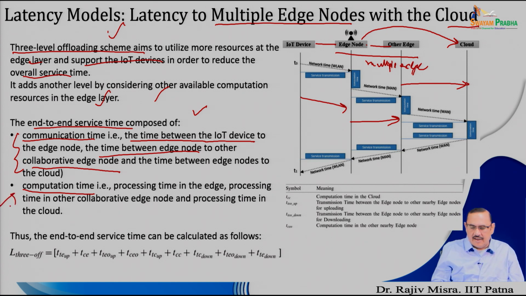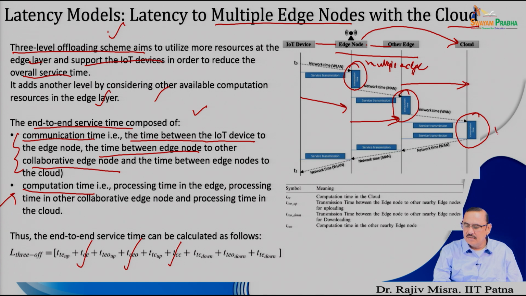Whereas, the computation time is required here in the edge node, that is mentioned over here, and in the other edge nodes, which is mentioned over here, and in the cloud. So, these 3 components will become